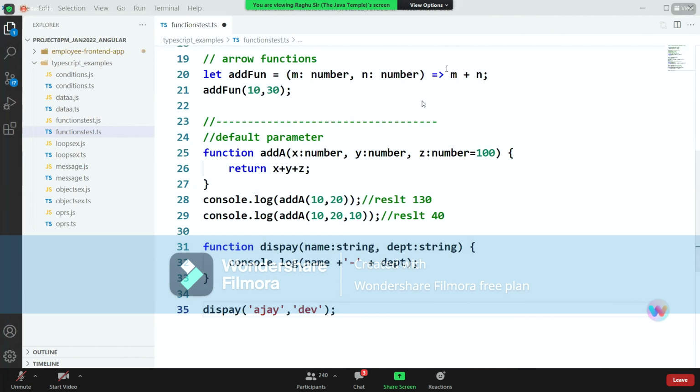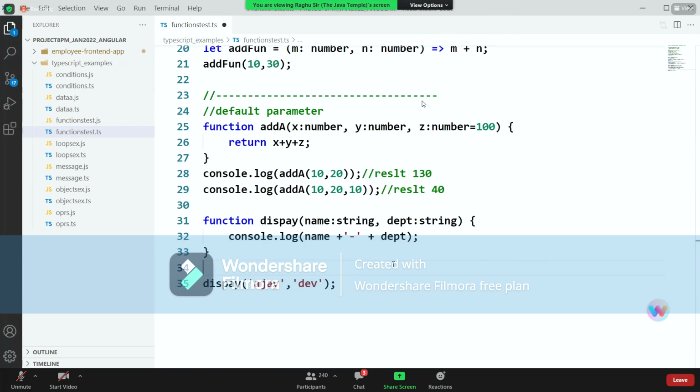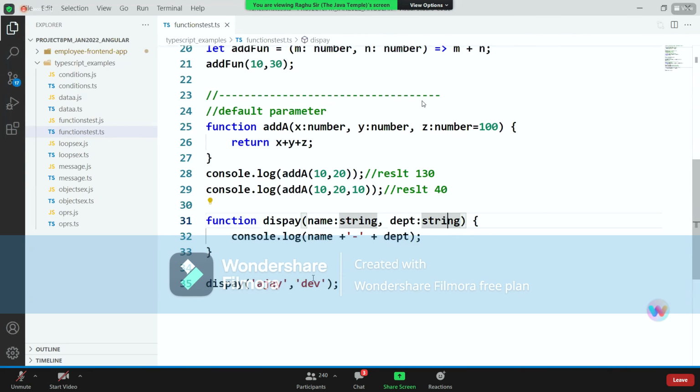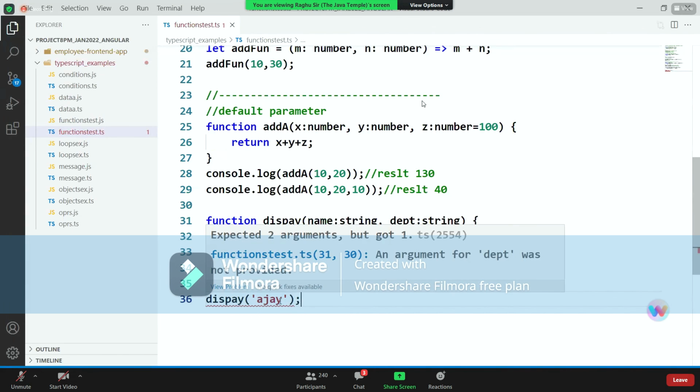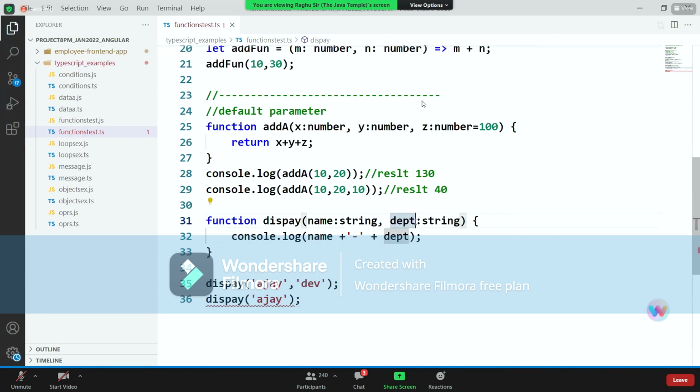Look at carefully. Okay, so I just want to say here I'm just passing Ajay. I'm not passing any department, it is giving error. It says two arguments you have to pass. I am writing question mark. Then you need not pass the department. And if you see the result here,